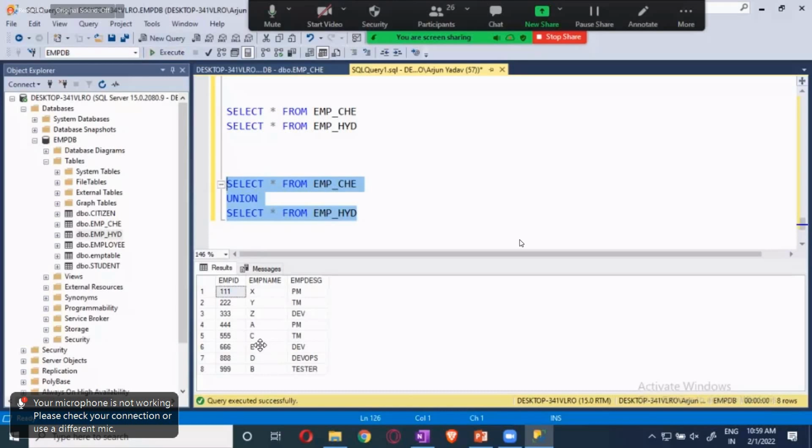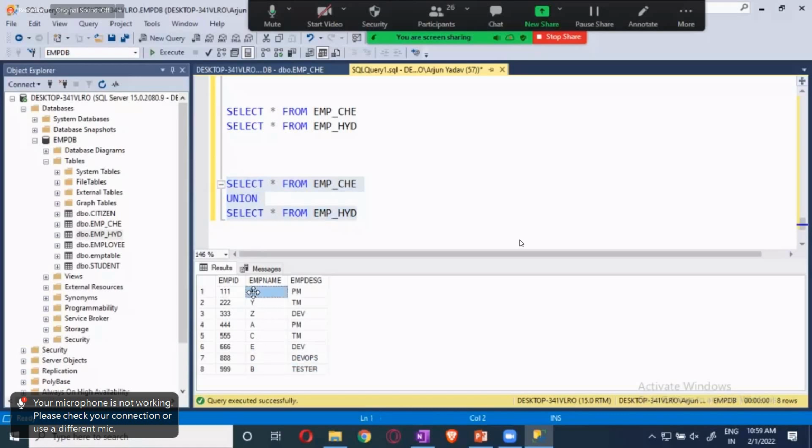Here one thing you have to observe: Hyderabad has 5 employees and Chennai also has 5, so a total of 10 should be there, but B and D are duplicates, so it is not going to show B and D twice, only once.